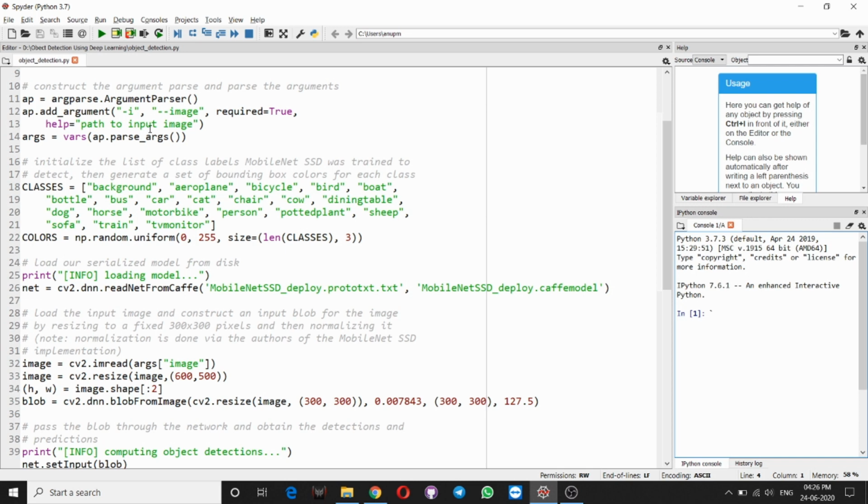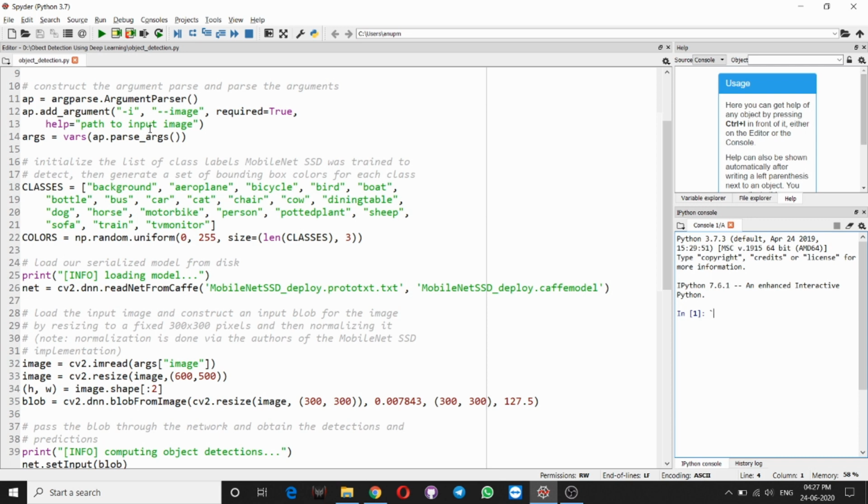Now we will resize this image, so at the output end we can see the image in our predefined size. After that we will extract the height and width of the image with image dot shape, passing colon 2, because the image shape consists of three values, which are height, width and dimension, and we want only height and width, not dimension. That's why we are using colon 2 in the shape.